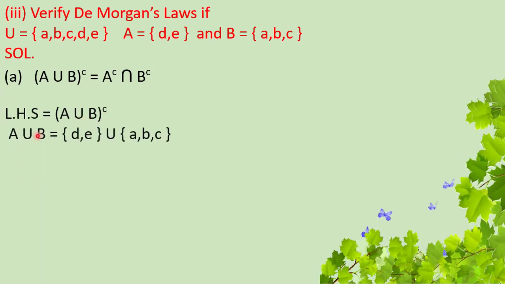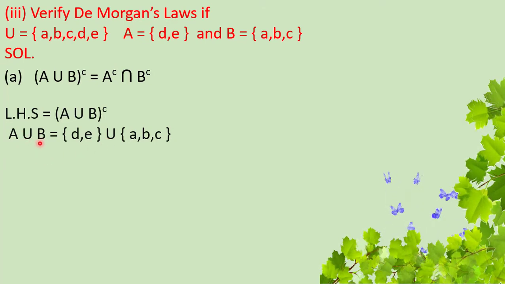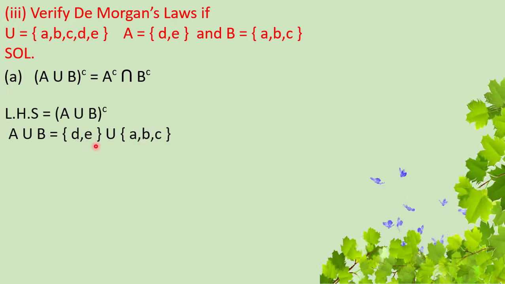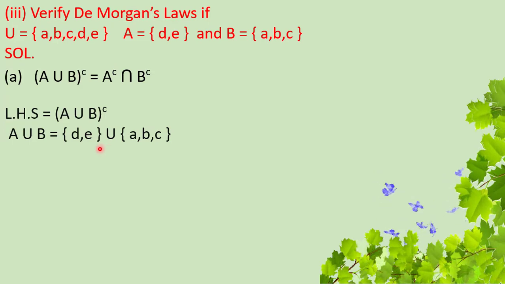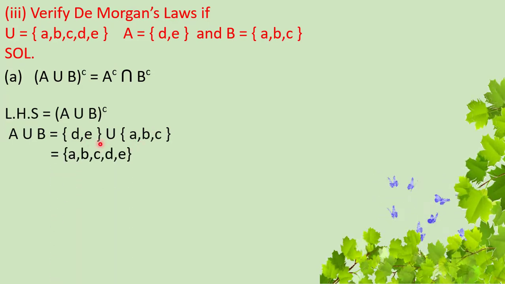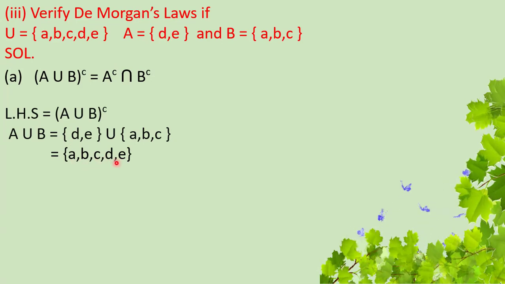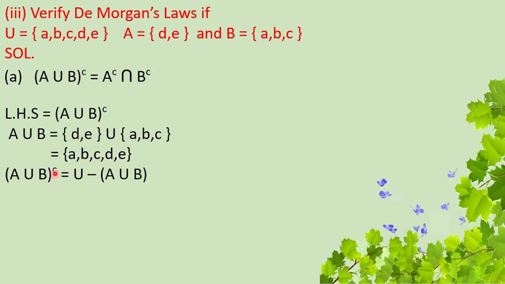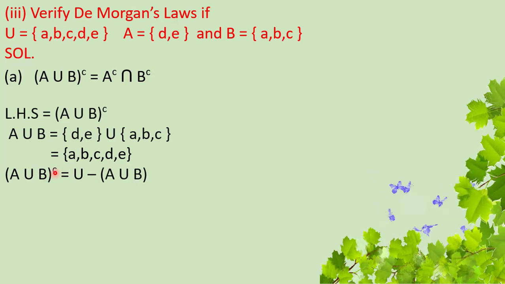Now we'll write here set A, we will insert symbol of union as it is. After that we have to write set B as, we have to take union of these two sets, and as you already know that for union we have to take elements that belong to set A or set B or both, and we'll write here elements without repetition. Now we'll find A union B whole complement, or we have to find complement of A union B.